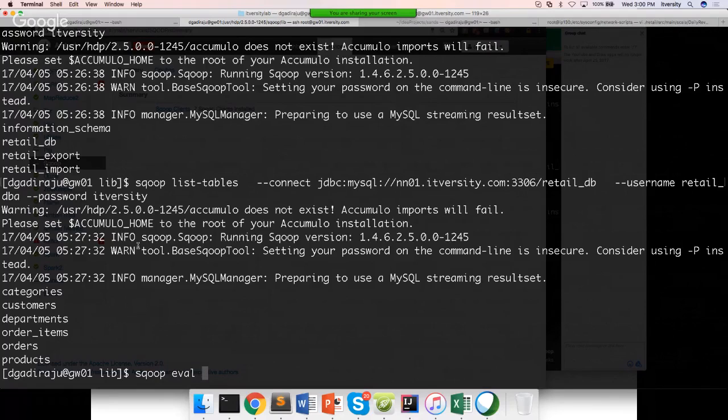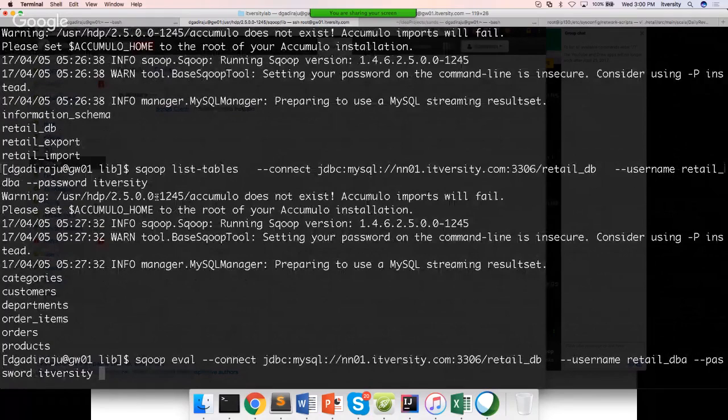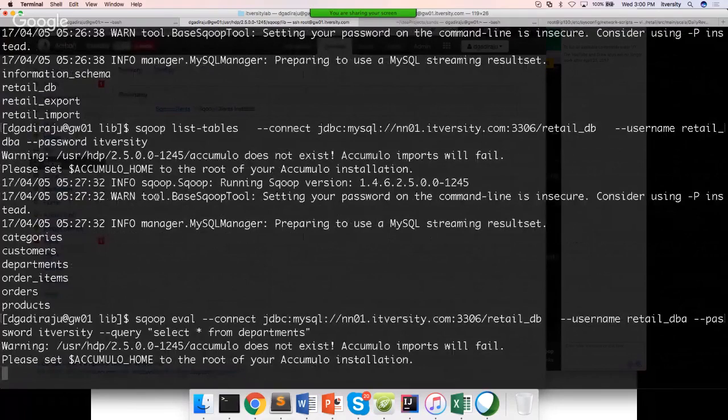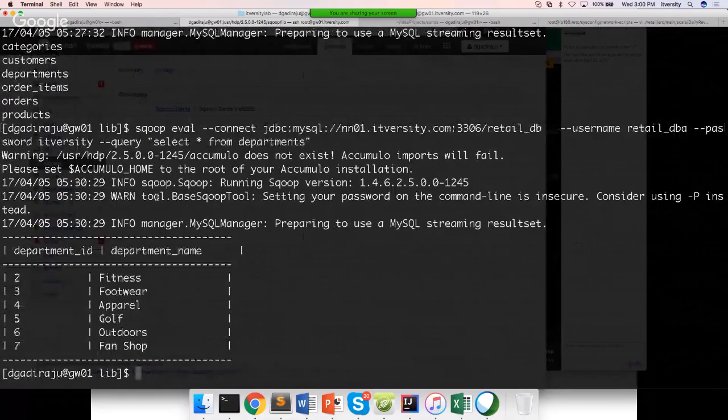It also takes the connect string, the username and password, and on top of that, it also takes another control argument called query. Then you can actually give any query here. Let's start from departments. Hit enter. Now you can see you are getting the data. That means you have at least the read permissions on the table,